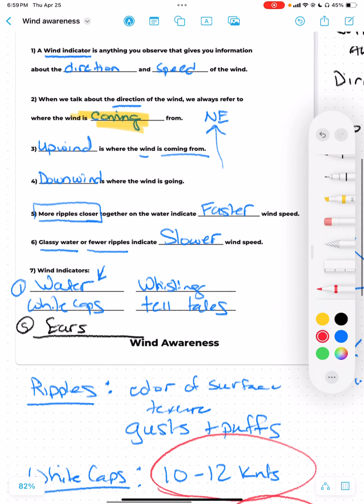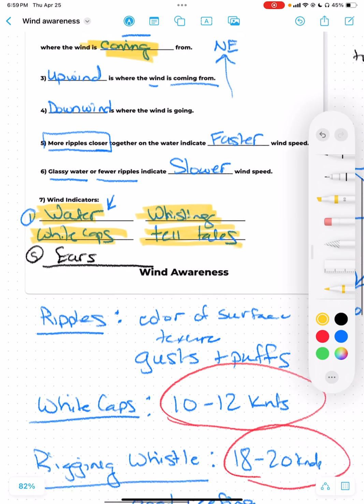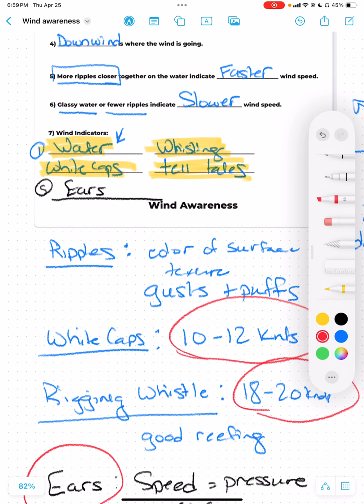And I hope that you will remember these wind indicators. We said 5 really good ones. And just to review, the ripples and surface texture of the water, whistling in the rigging, which will mean what, 18 to 20 knots? Whitecaps in the water, at least 10 to 12 knots, and the telltales on your sails. And then my favorite for beginners,